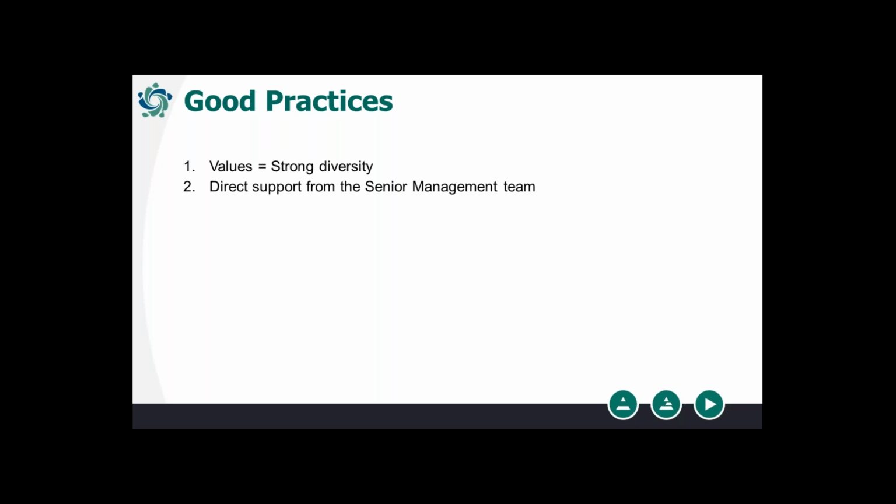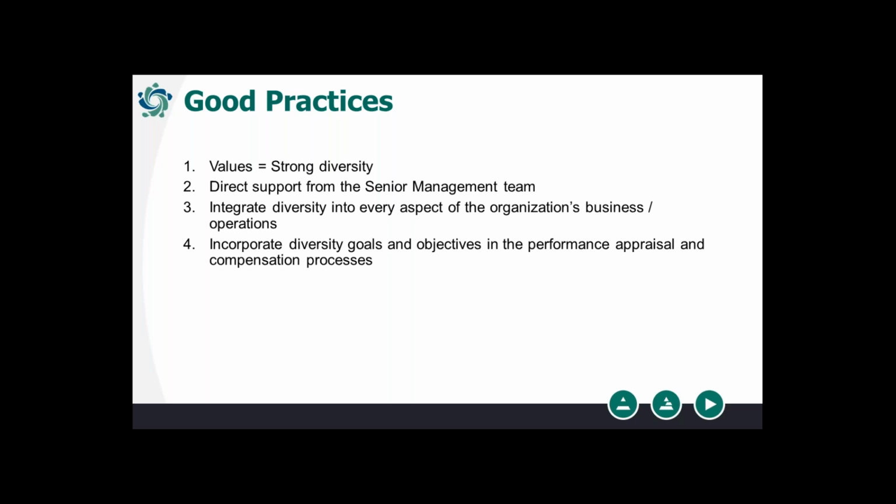The next one I've already said, so I won't say more about that. The integration of diversity in every aspect of the organization's business operations, so that the direct links are made. I call it the diversity lens. It's very clear where the lens is applied. The one about putting goals and objectives in performance appraisals and compensation. Now, some of you may be going, yikes, on this one. It's a struggle sometimes to get diversity and inclusion goals in any sort of performance plan and compensation, but those who have done it have been successful and have built accountability that way.